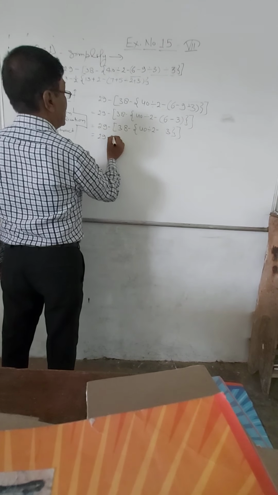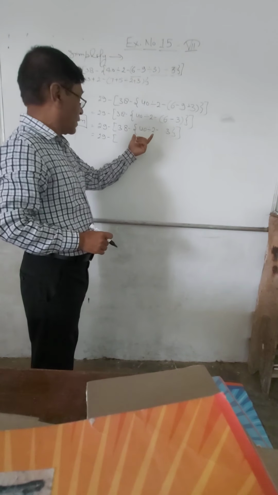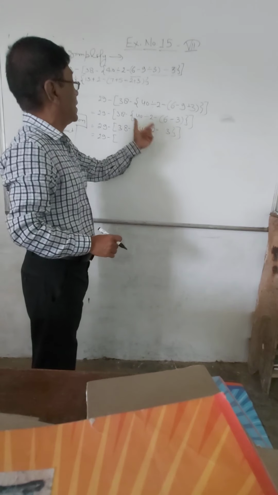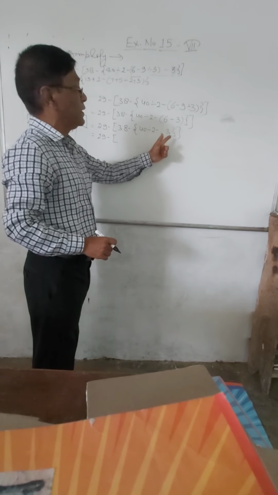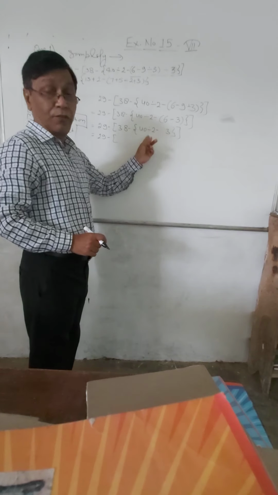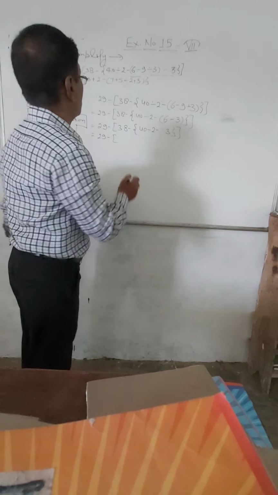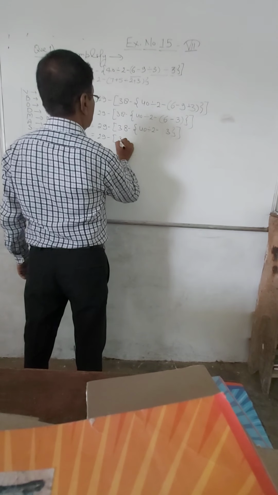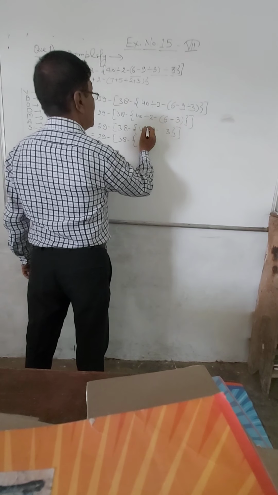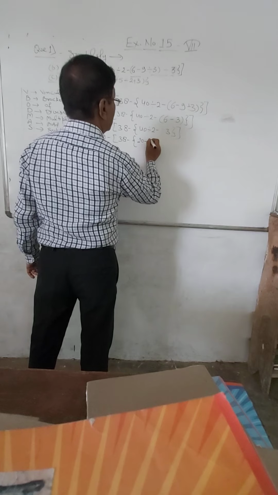Next 29 minus. Now after solving the small bracket, we will start the curly bracket. So in the curly bracket, 40 divided by 2 minus 3. Here also division and subtraction are there. So in this one, first we will divide, then after that we will subtract this number. So 38 minus 40. If you divide by 2, it will come 20 minus 3.